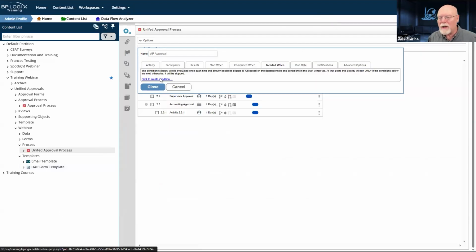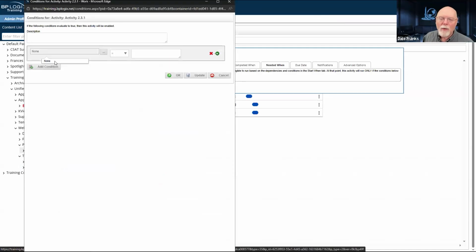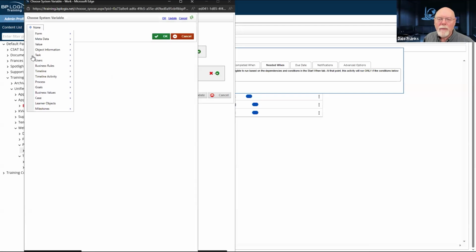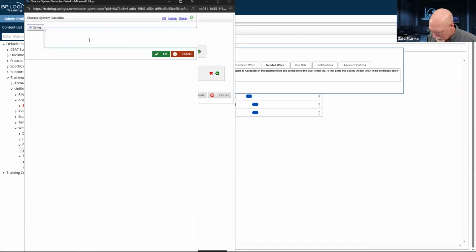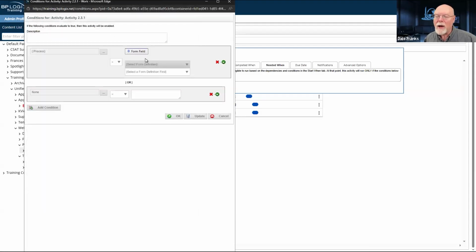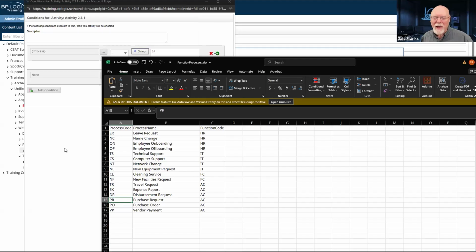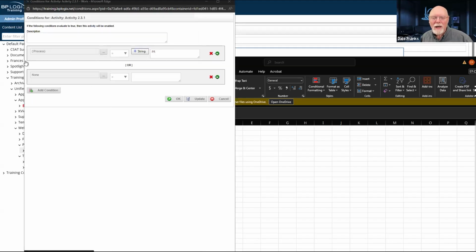So we'll create our condition for AP approval, and we're just going to make two conditions. And this time, once again, we're going to have to go to value and string because we're going to have to use system variables to make all of this work. But in this case, we are going to use process. So our process field will have to evaluate that, and it will have to equal either PR or purchase request, right? PR and PO. So those are my two. So once again, here we'll do the same thing.